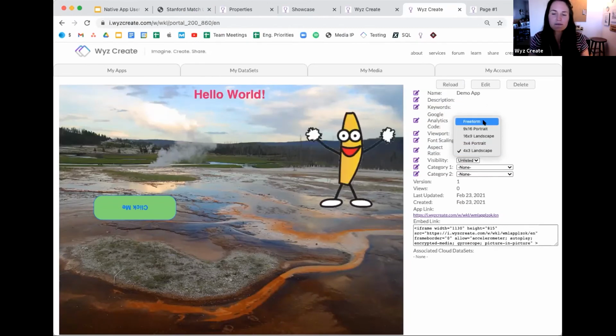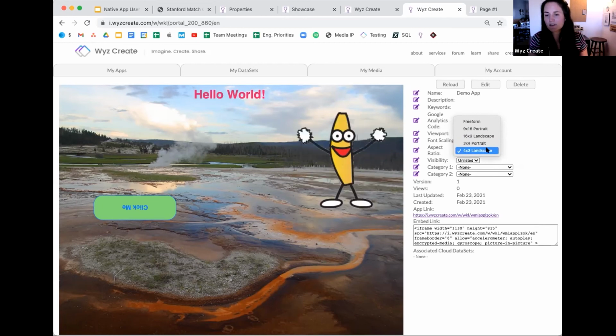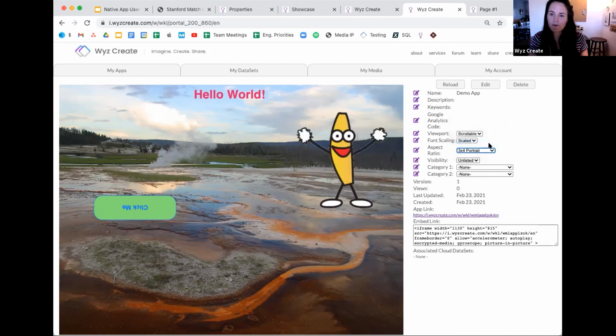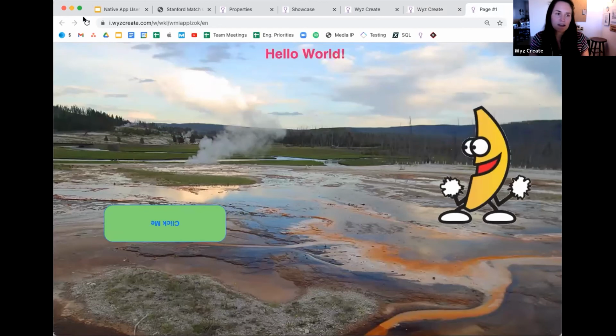So this is something to keep in mind when you're building your app from the get-go. What do you want your output to be? So for instance, the default is 4:3 landscape. Another popular one is 3:4 portrait. So if I change that to 3:4 portrait and I go over into the tab where we have this open